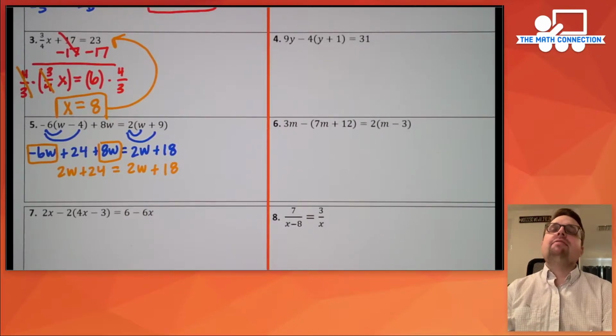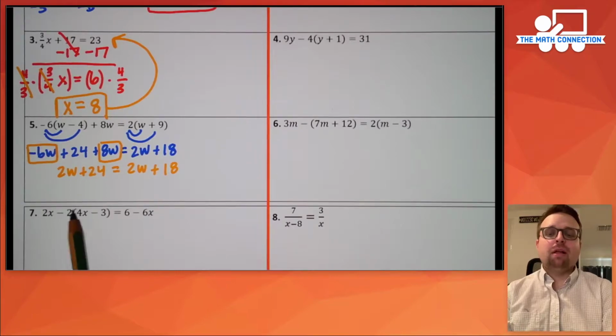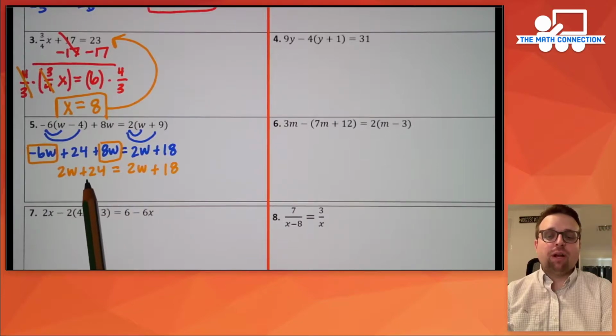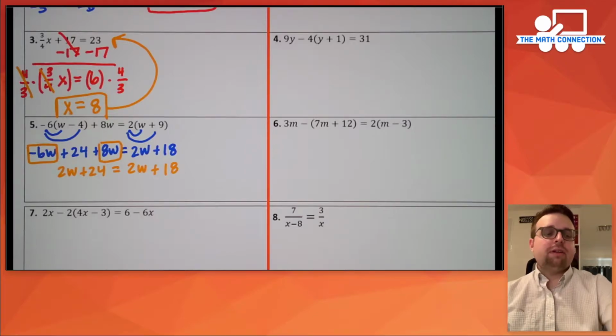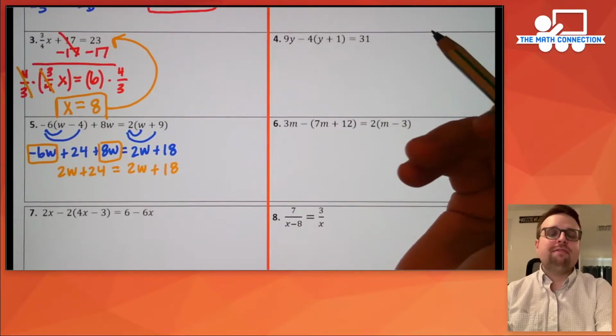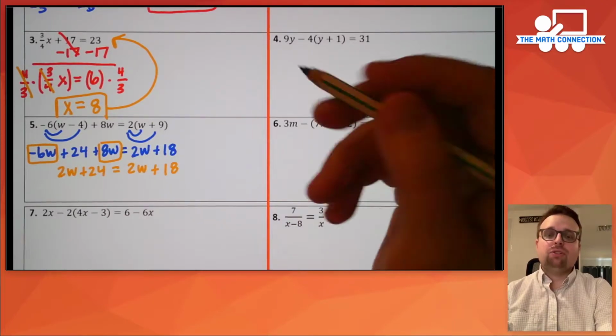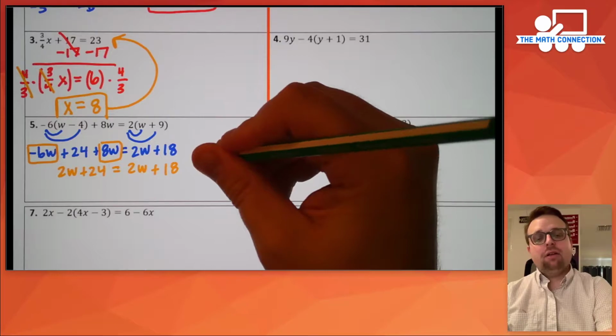Think about this. If w was 0, if you plug in 0 for w, this is going to be 0, and this is going to be 0, and all you'd have left is 24 equals 18. That doesn't make any sense. So there is no solution to this equation right here. There's no value you could plug in for w that would make the equation true. So this is no